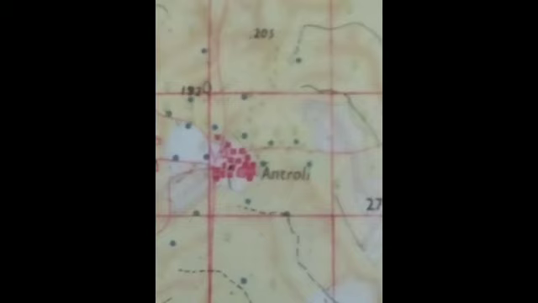In this topo sheet, the occupation of the people living at Antroli, the main occupation would be agriculture. Since the region is covered in yellow color, the entire area is yellow color, that means the people are carrying on agriculture as the main occupation, and I can see a small temple there.